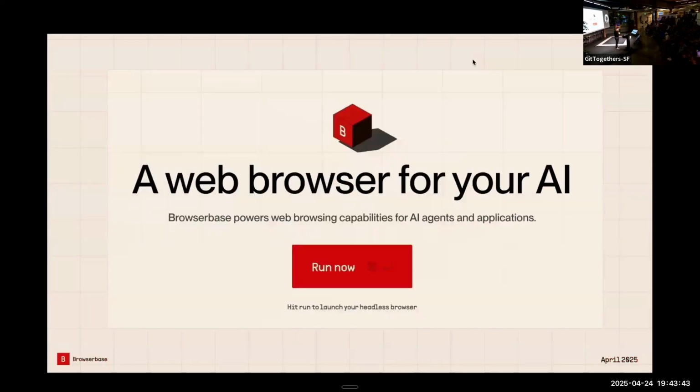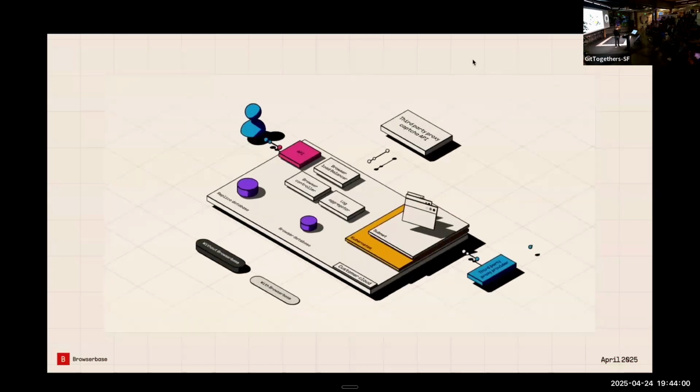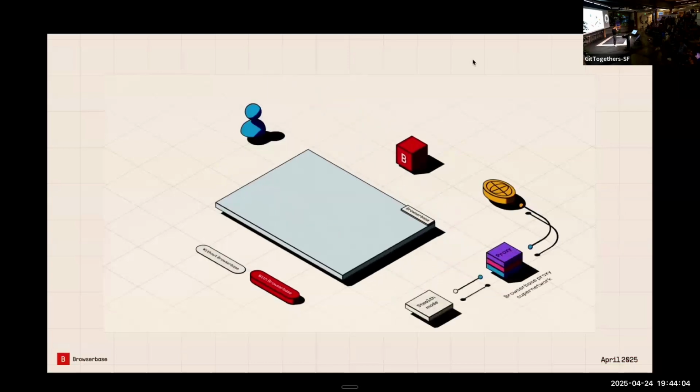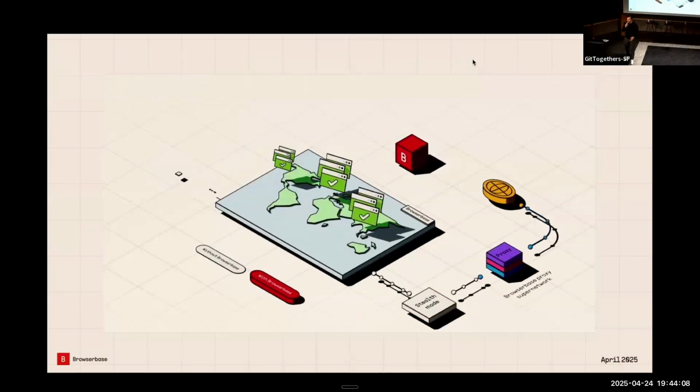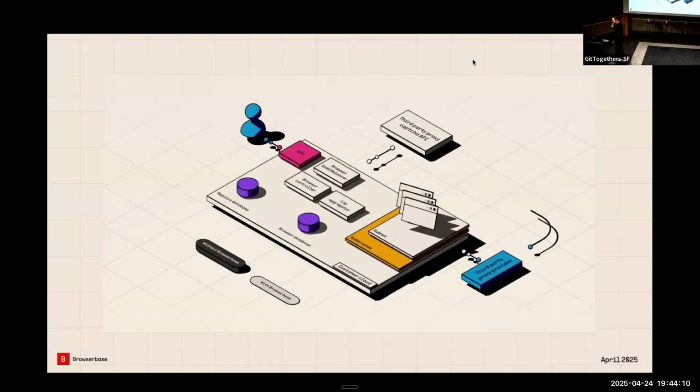But first, a little bit about Browserbase. What we do is we're building a web browser for AI. When you're using AI, it's going to go out and do work on your behalf, and a lot of the work that you and I do is in a web browser, browsing the web. So Browserbase powers that web browsing infrastructure. You need a web browser for AI to navigate the web, and if you build it yourself, it's a lot of work. There's a lot of little systems involved. With Browserbase, we give you thousands of browsers for your AI to access, and you just control it using an MCP server or some code.